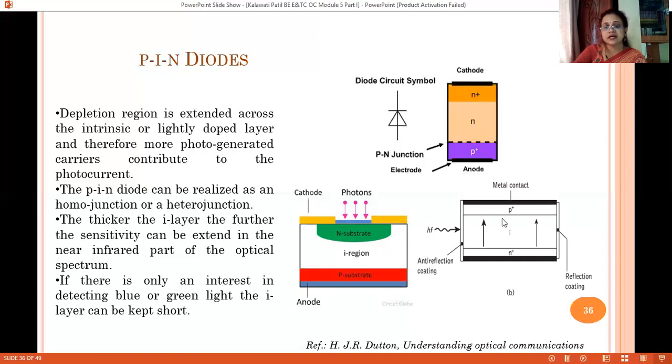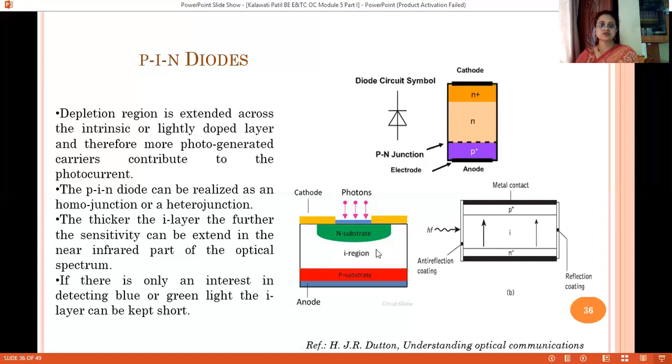You will see the metal contacts on top and bottom, the layered regions P plus, I region, N plus region, and the anti-reflection coating on two sides, and the illumination is going from the side direction, that is the left side, and hence now the absorption will take place.